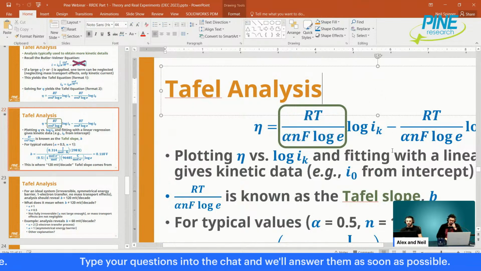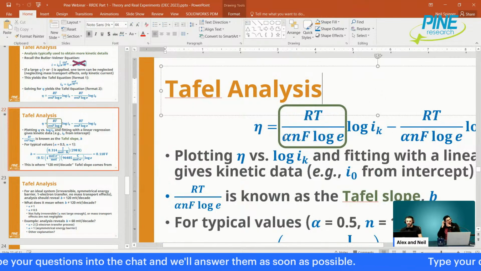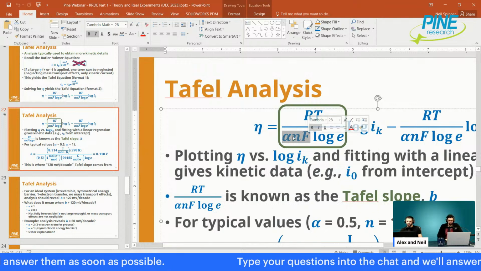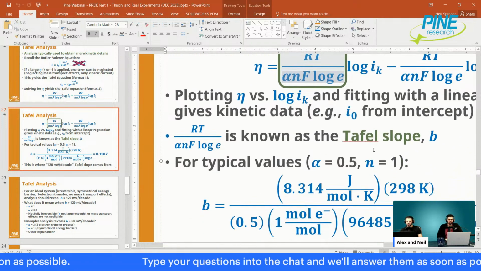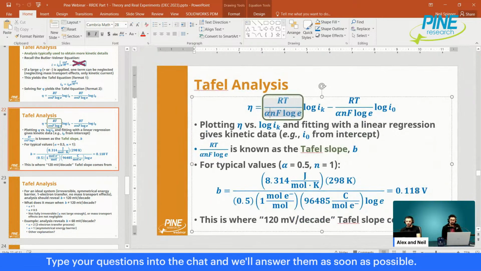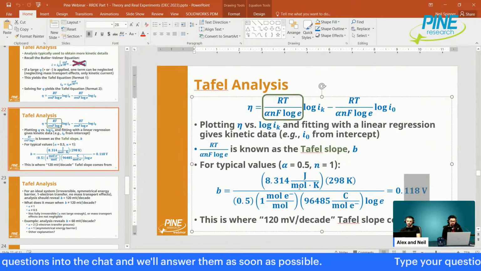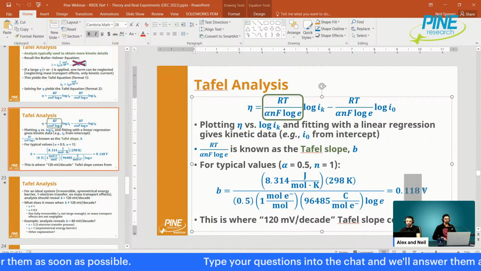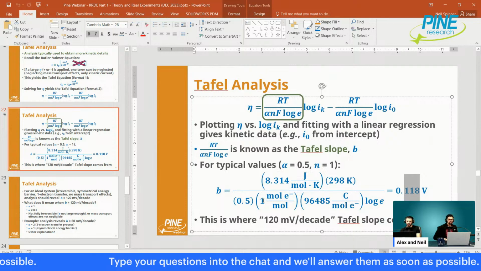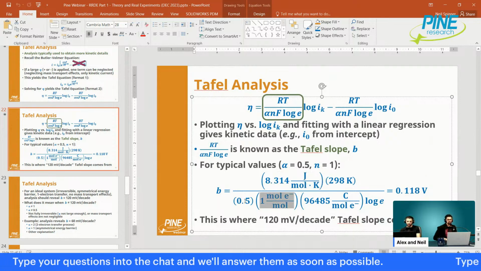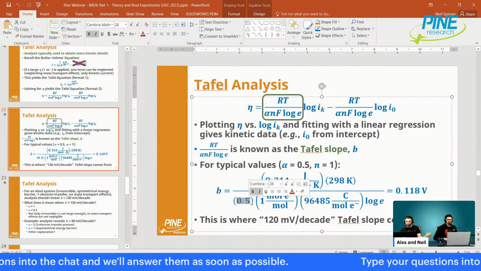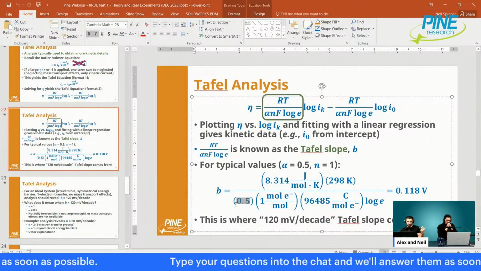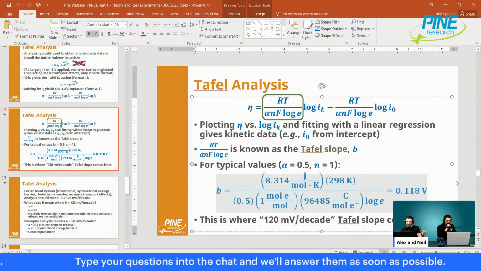And so alpha NF is in the bottom. Essentially for 120 millivolts per decade, which is this number here, 118, 120, that assumes 0.5 and 1. So if it's less than 120, it means that N is greater than 1, or alpha is greater than or less than 0.5. So you could basically do some very simple algebra here in mathematics and say, okay,